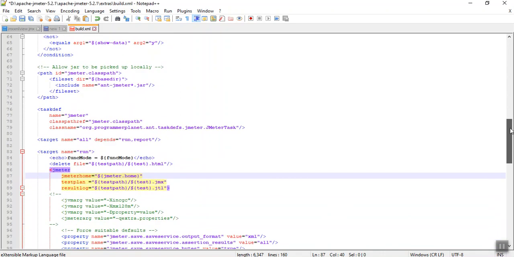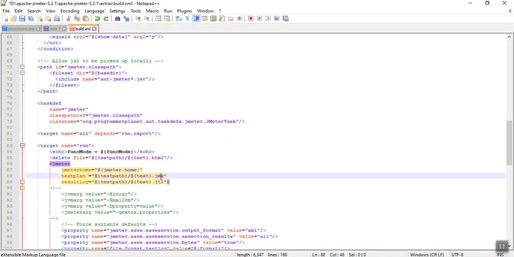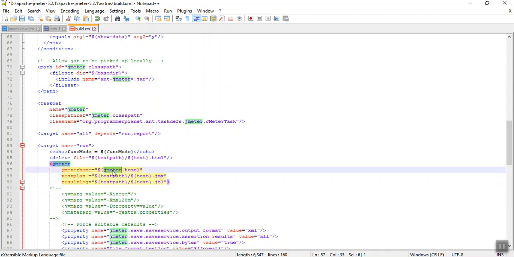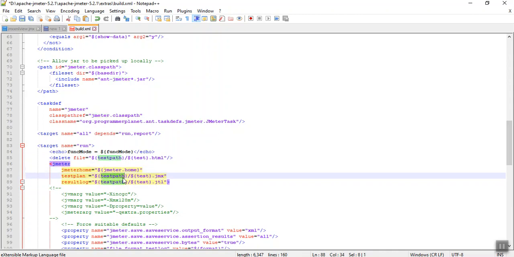Next, go to run. Say here run. Now see, JMeter home is fine, and the test path should be, say, I will define it as star. Why am I defining it as star? So in the test path, all the files ending with JMX should run.